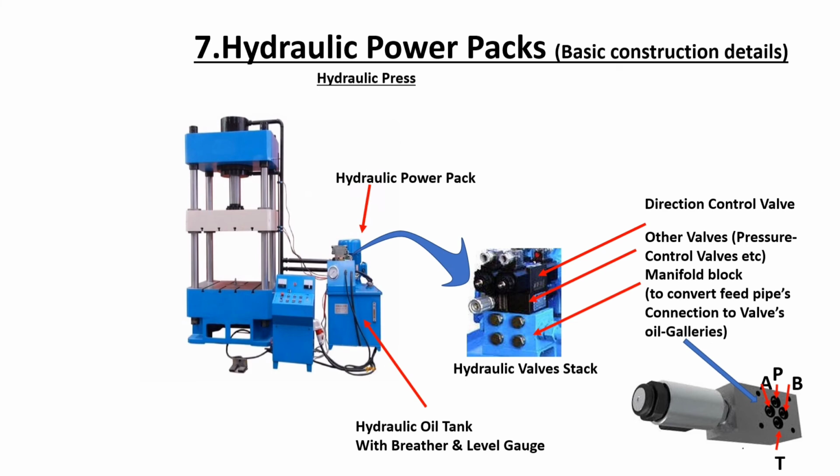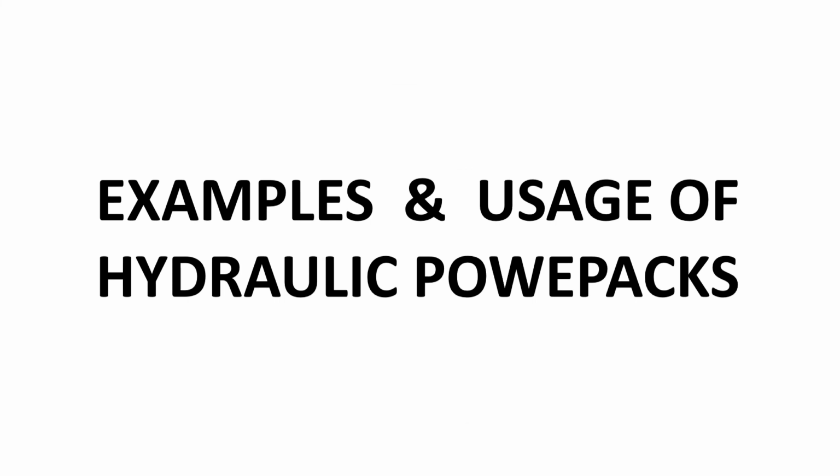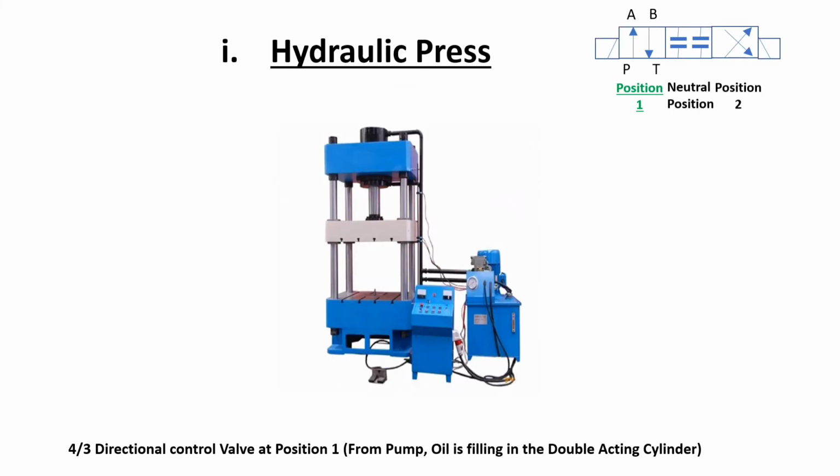So here we have shown the basics of what all is there in a power pack. The direction control valve, as you can see, is on the top, with other valves such as pressure control valves, etc. Then a manifold block is there to convert the feed pipe connections to valve oil galleries, to suit the oil galleries in a direction control or other valves. We have shown the oil galleries. You'll see now